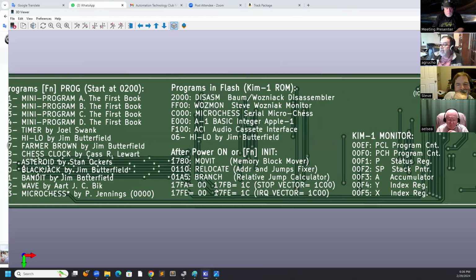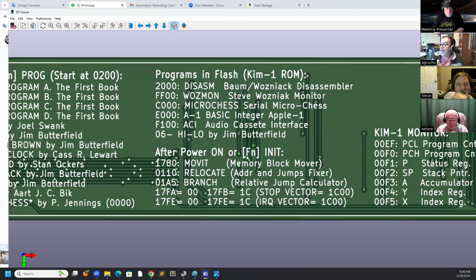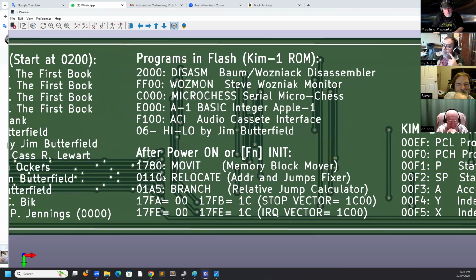But okay, when you press function init, you erase all the RAM and load several utilities to do some stuff with your program, to move blocks. The same thing that I did with copy paste.